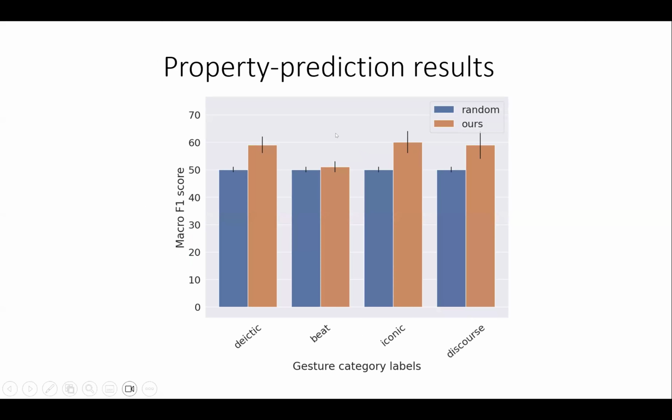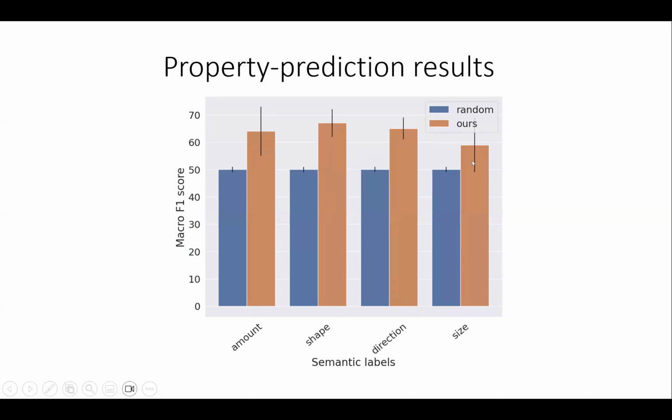We can predict which properties in some cases. So we're reasonably good at predicting pointing gestures and iconic gestures. Beat gestures were basically at random. Most importantly, we can predict to some degree the semantic properties that need to be in the gesture. So we can say like this is an appropriate time to have a direction gesture or a size gesture or a shape gesture. And even if we're not doing this perfectly, if we can do it some of the time, that allows us to add value to the output, right?